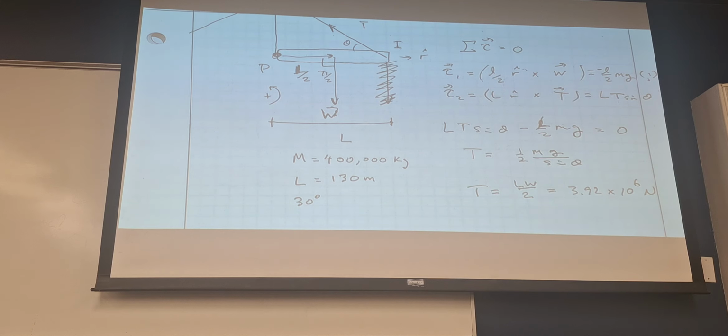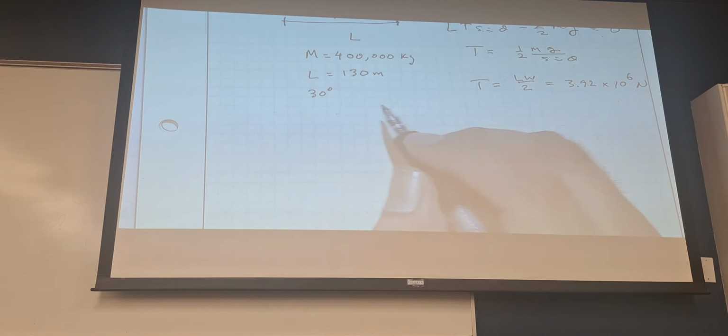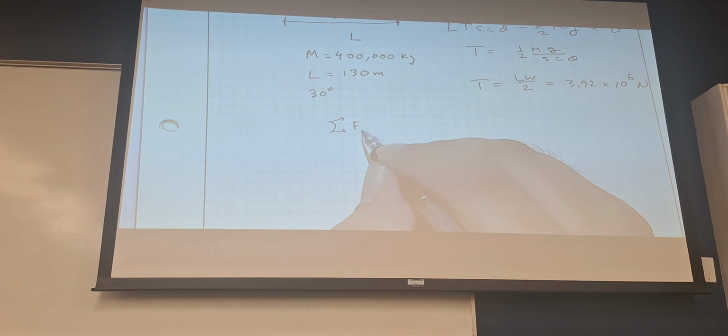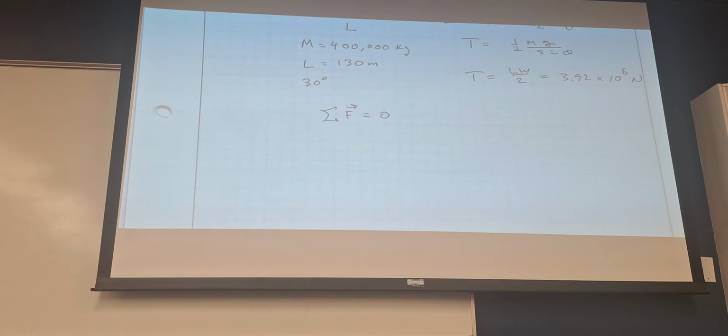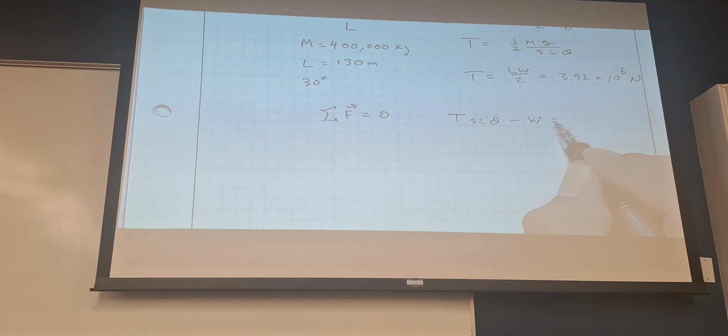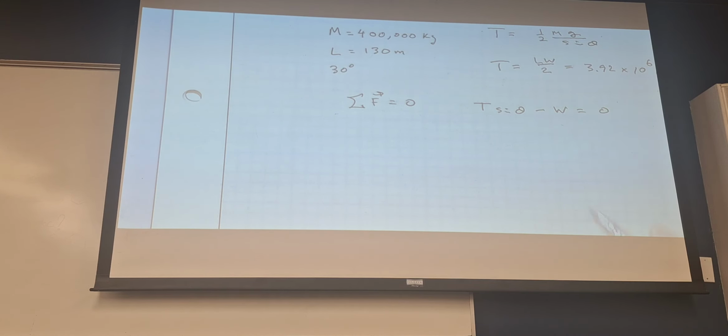All right, and this isn't the full problem yet. We also need to have it such that the sum of F is equal to 0. So we do it this way. We have T sine theta minus W equals 0. That's for your Y's, right? And then you have, for your X's,